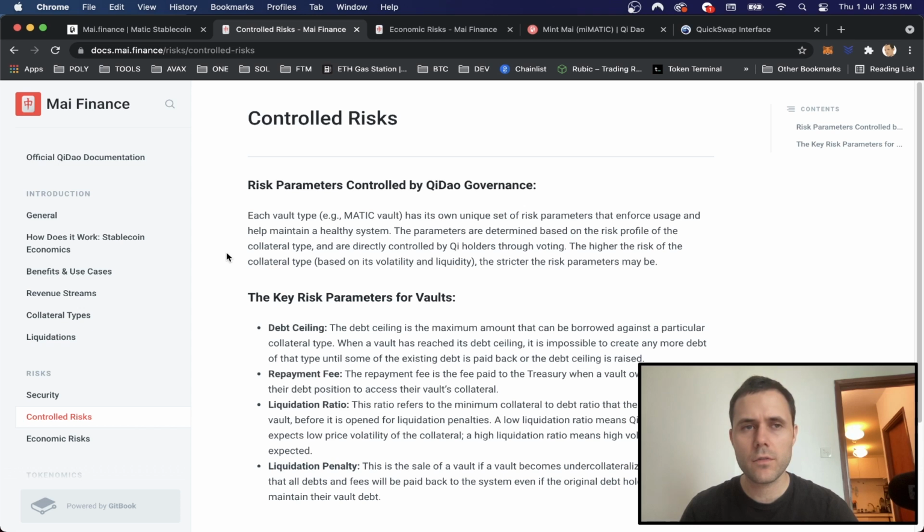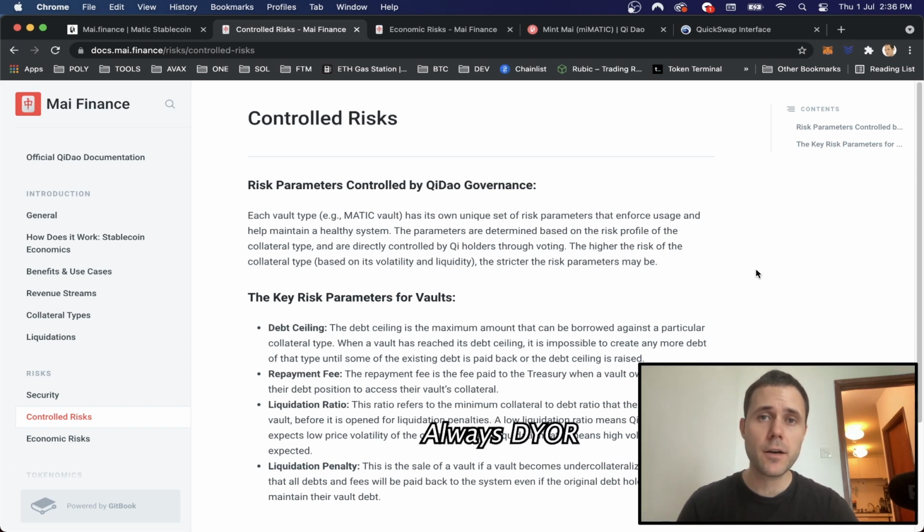But of course, like this platform and some other platforms that we'll look at later in this video, there are risks that you have to take into account, and possibly it could fall off peg, but hopefully these measures will mean that it won't. So as always, I'm just summarizing the key aspects, what I can read here on the docs and what my understanding is.